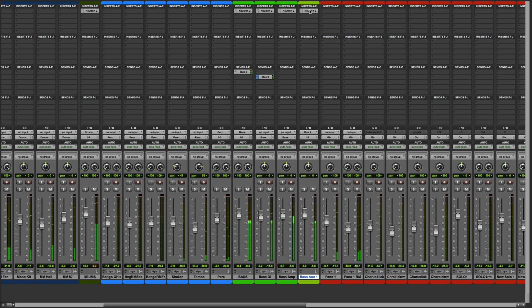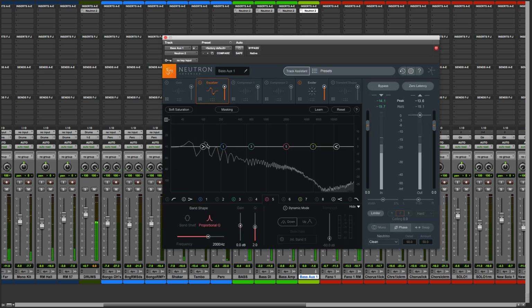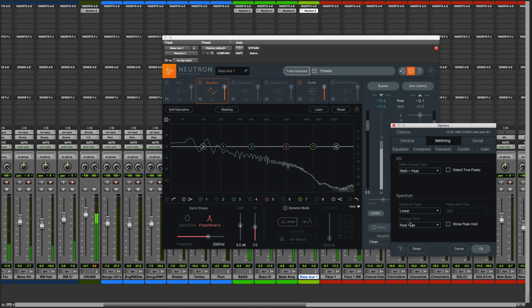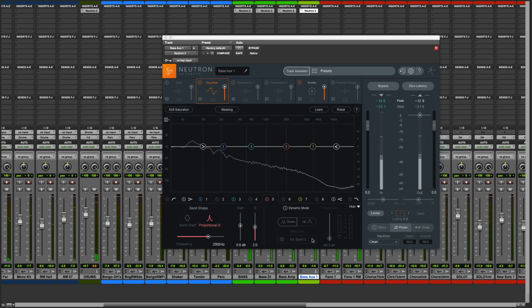To do this, I'm going to use the EQ in Neutron 2. To get a better sense of where that fundamental is and where its overtones are, I'm going to right-click, go to Spectrum Options, and then choose 10 seconds just to slow this down. That's much better. So, if your fundamental frequency is in the 60 to 120 Hertz range, you might not be able to hear that on a laptop, but you will hear its overtones, which help carry the illusion of bass across narrow frequency listening systems.